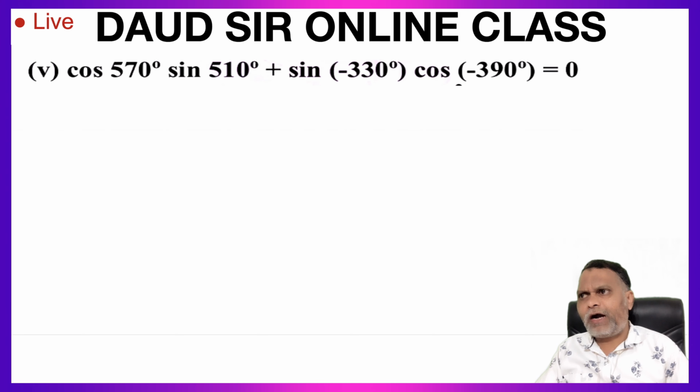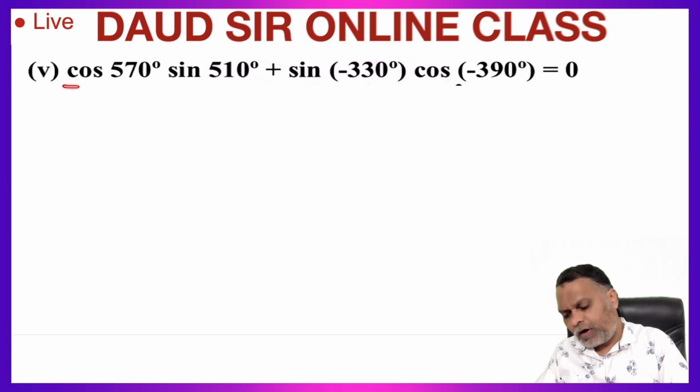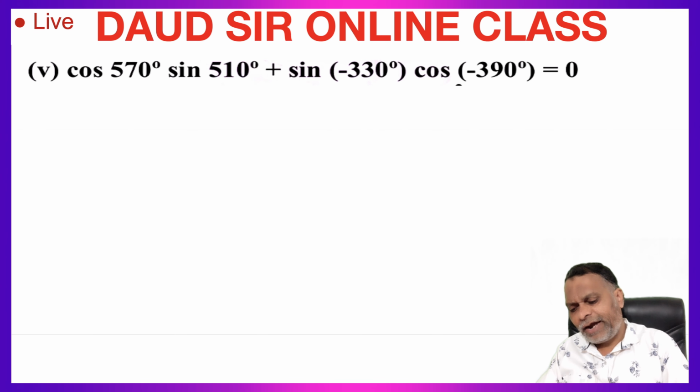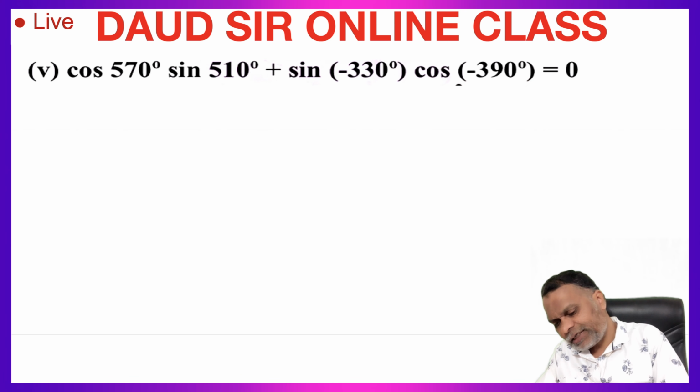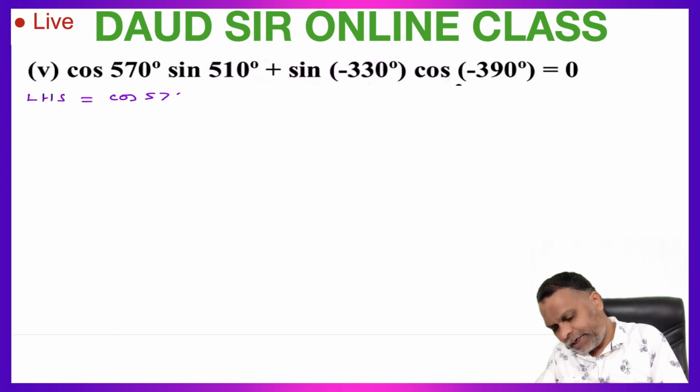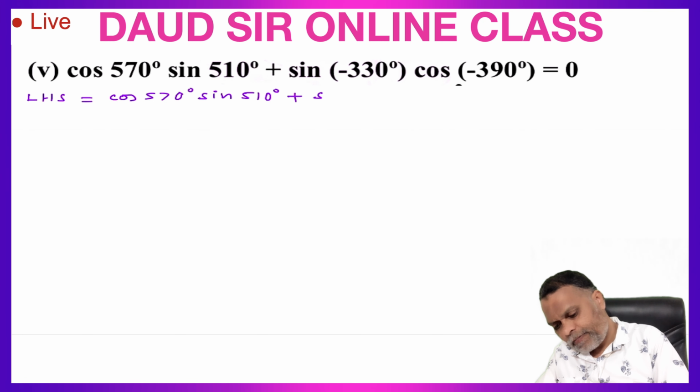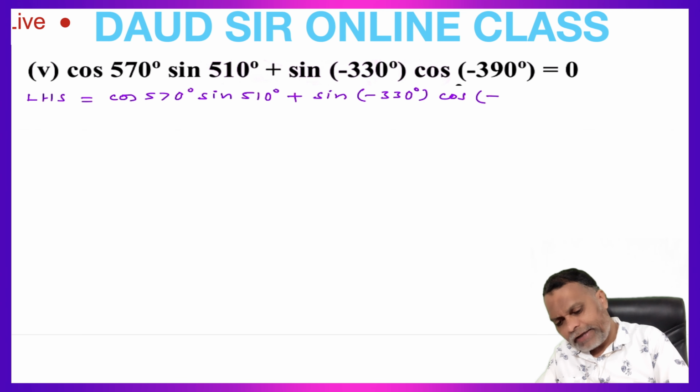Question number 2, part 5. Cos 570° sin 510° plus sin(-330°) cos(-390°) is equal to 0. Taking left hand side is equal to cos 570° into sin 510° plus sin(-330°) into cos(-390°),